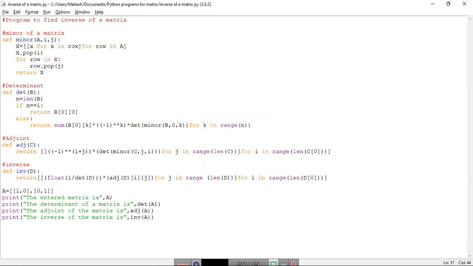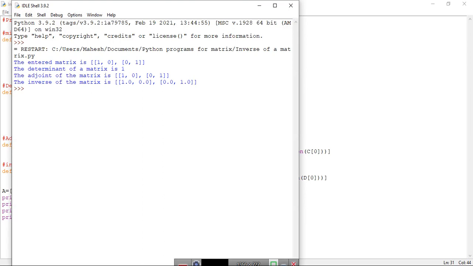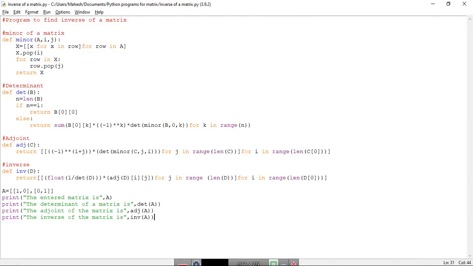Compile. And if you see here, the inverse of a matrix, first row is 1.0, 0.0, then second row is 0.0, 1.0. Now this 1.0 and 0.0 will come into picture because we have written a float here, right? Float means the values will be taken with decimal points.